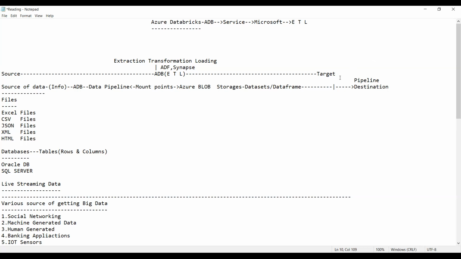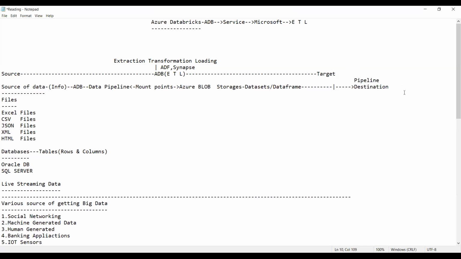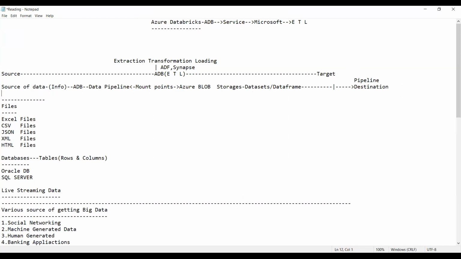To kickstart the pipeline automatically on a given time or a given date, suppose I want the extraction and loading, not the transformation, guys, on Friday at 2 p.m. At 2 p.m. I may not be in front of the system, but it should run. So what should I do now? Tell me.